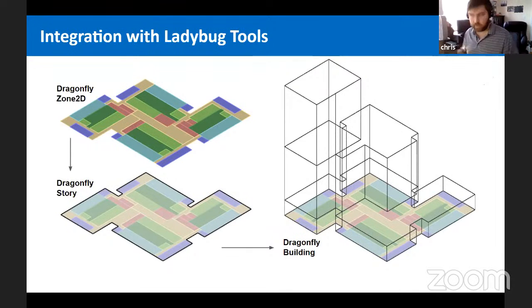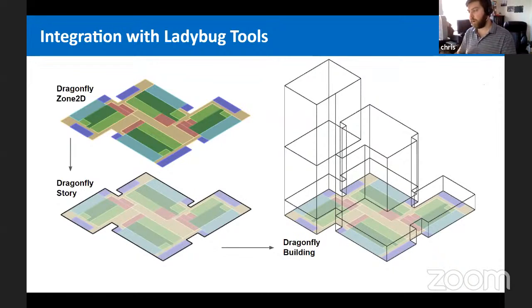So everything is assumed to be an extruded floor plate, which does present some limitations for certain building types, but it allows us to dramatically reduce the size of the urban models. A typical Dragonfly model is, on average, about 1/10 the file size of the full 3D representation. And it allows a lot more flexibility, let's say, to specify multipliers for an entire story to represent a story repeated over the height of the building.